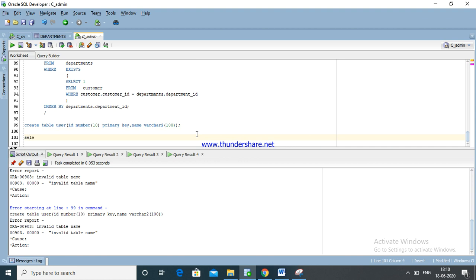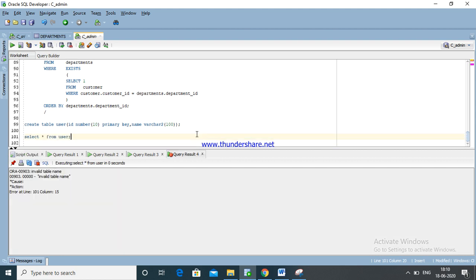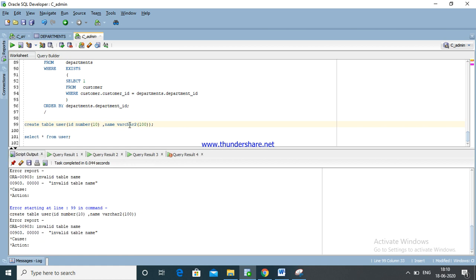I'm going to select star from user. Invalid. Create a table with name, ID number primary key. I'm going to remove the primary key. Now click enter. Invalid table name.